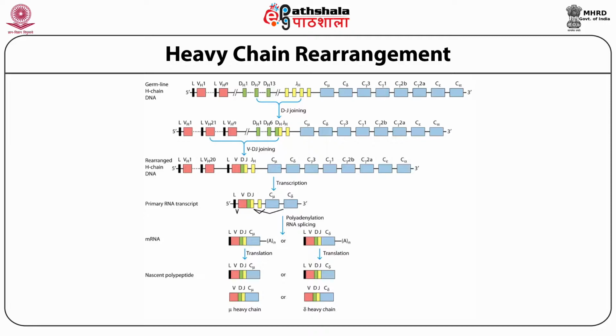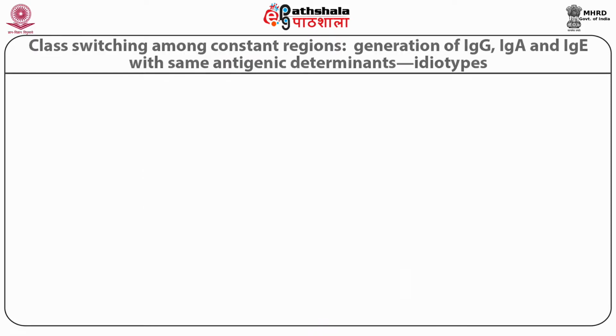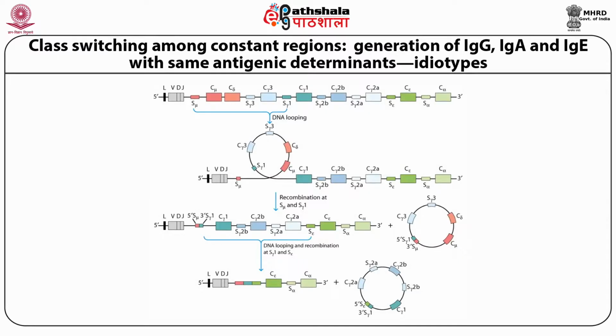But there is one important property that takes place in the case of the growing B cell. Already I told you a B cell contains both IgM and IgD. A process, as I told you, is splice variation. Splice variation is one of the properties that gives rise to two important structures, IgM as well as IgD. This IgM and IgD finally give rise to two structures that you can see on a growing B cell.